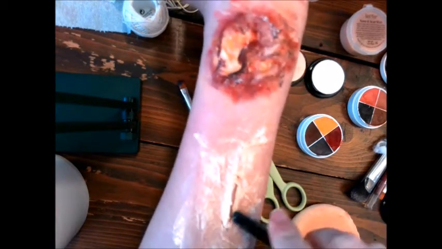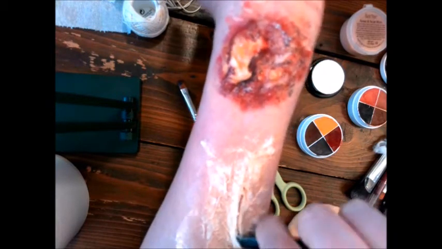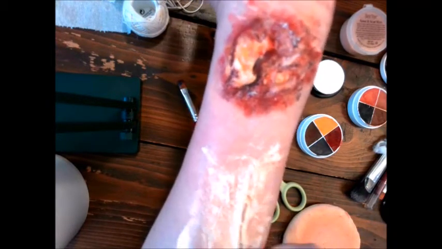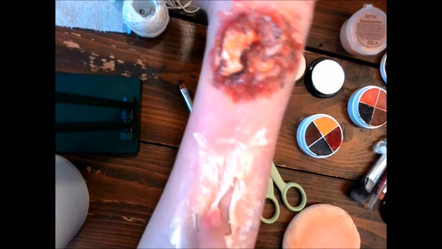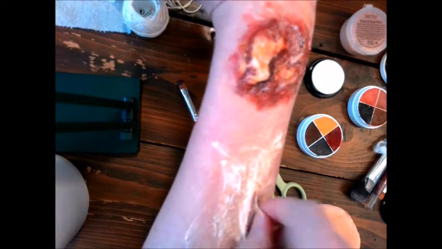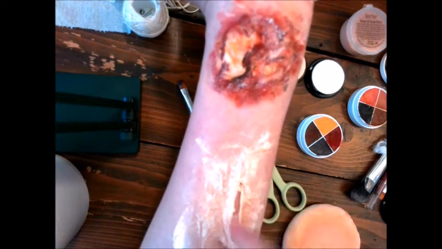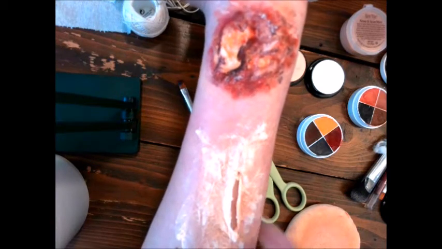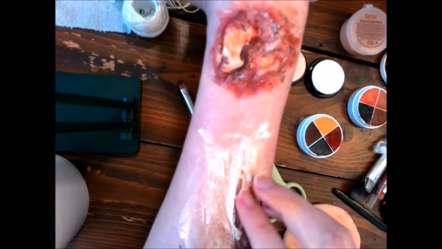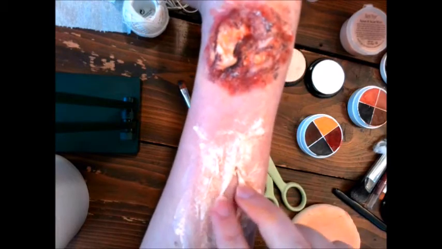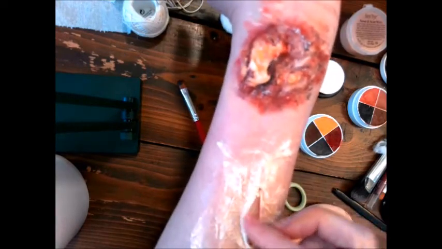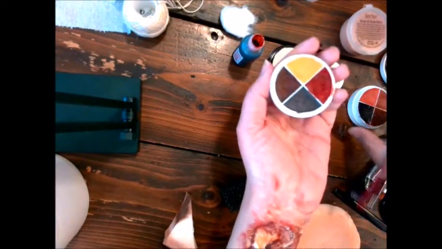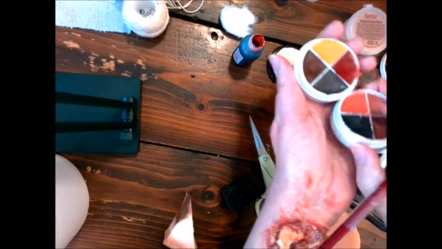So now I've got this real nice cut. Right? So when I open up a cut like this, I want to use shading to my advantage. I want this to feel really deep and dark on the inside. And so when I go into paint, I am going to use the darkest red and black to get in